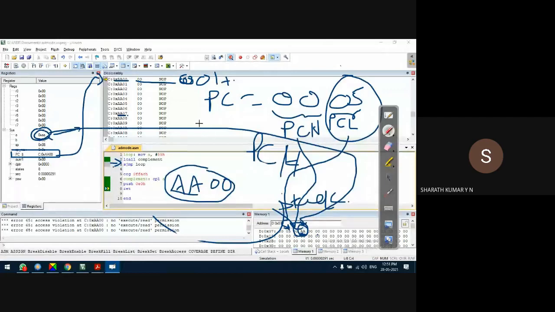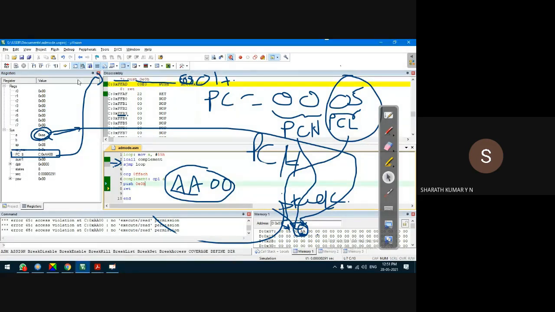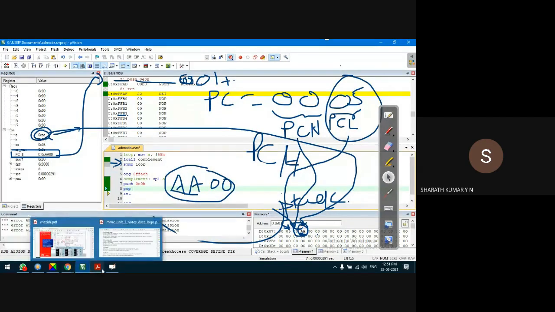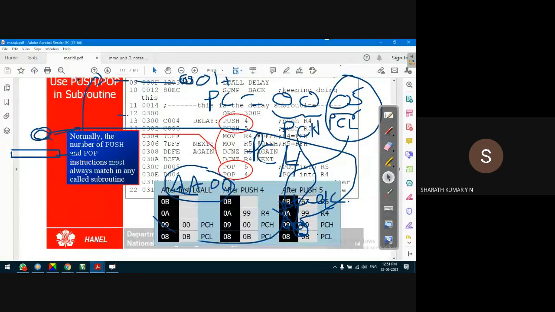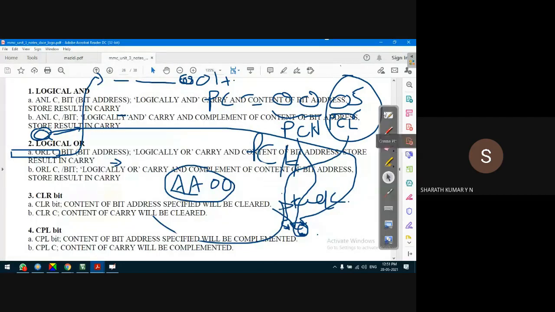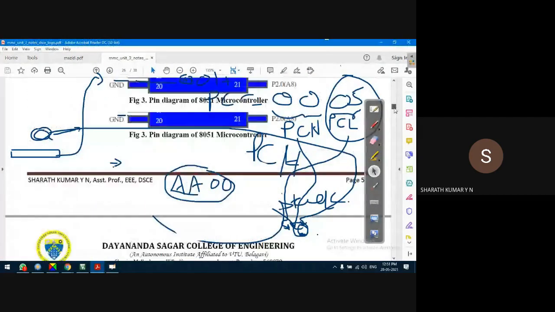So the solution is that after pushing the instruction, let us do that also here. After push, let us pop it off. We'll pop it to another location. What is the byte address of the B register?